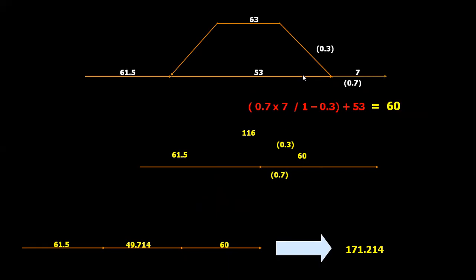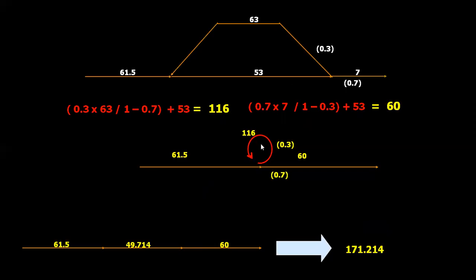From here to here, the loop here. So here, this loop, 61.52 to this loop. It is what? It is again 0.3 into 63 plus 1 by 0.7 plus this 53. So this 53 is coming this side. So that I got 160.